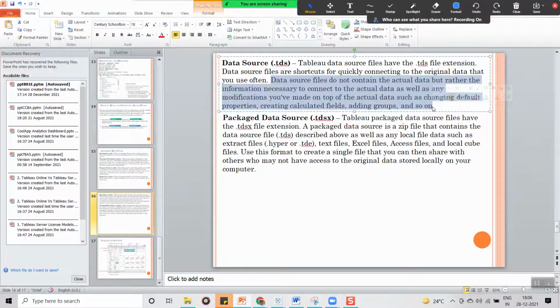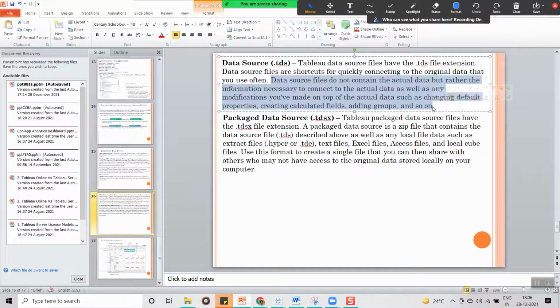It is going to have the connection information along with the metadata information and the calculations we have created in the data source. As of now, we haven't learned how to create a calculation. If we have created any calculations or custom fields in the Tableau data source, all of it is going to be stored in it.